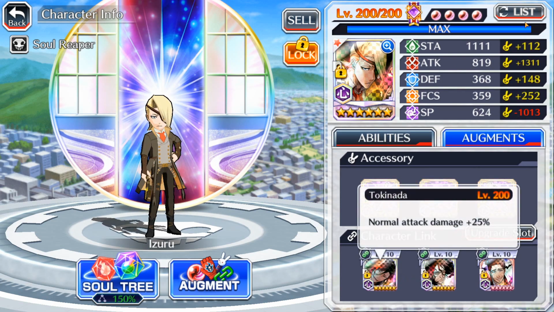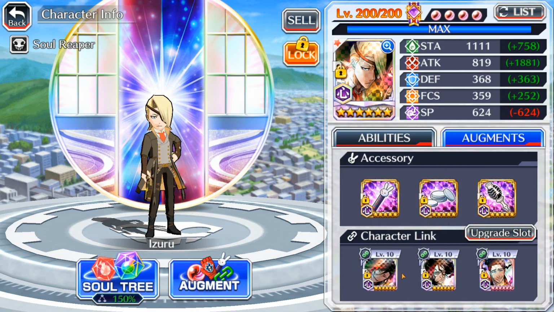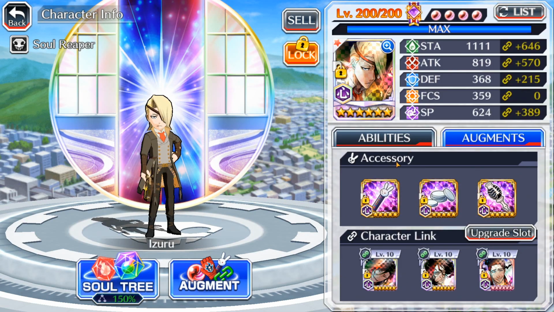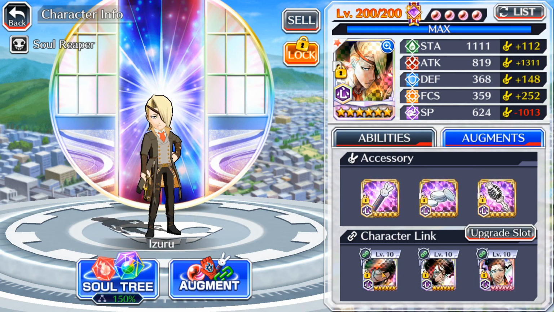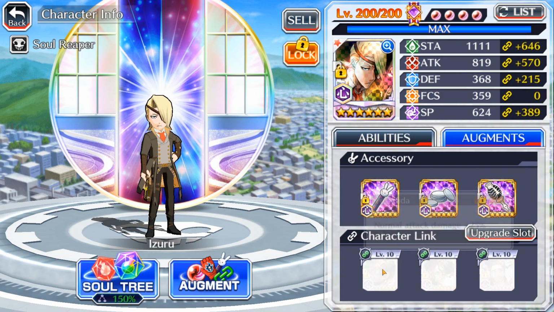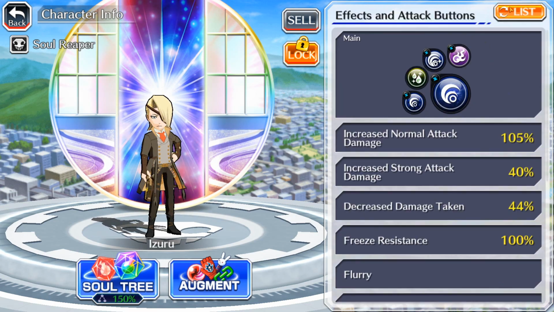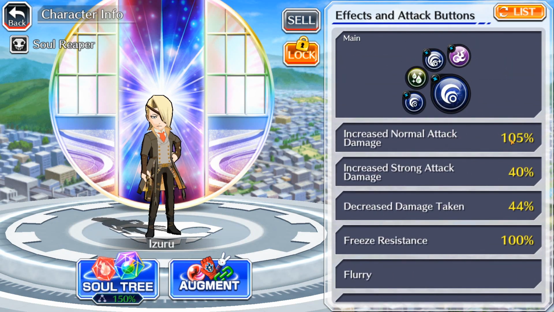So we will also be able to tank a bit more often, which is a really nice way to take advantage of his damage reduction skill if you actually decide to go about and use this build. And of course I have Tokinada here, who is my only other 25 NAD link, and I also have his attack max transcended at level 10. So yeah, we basically get his bruiser up at